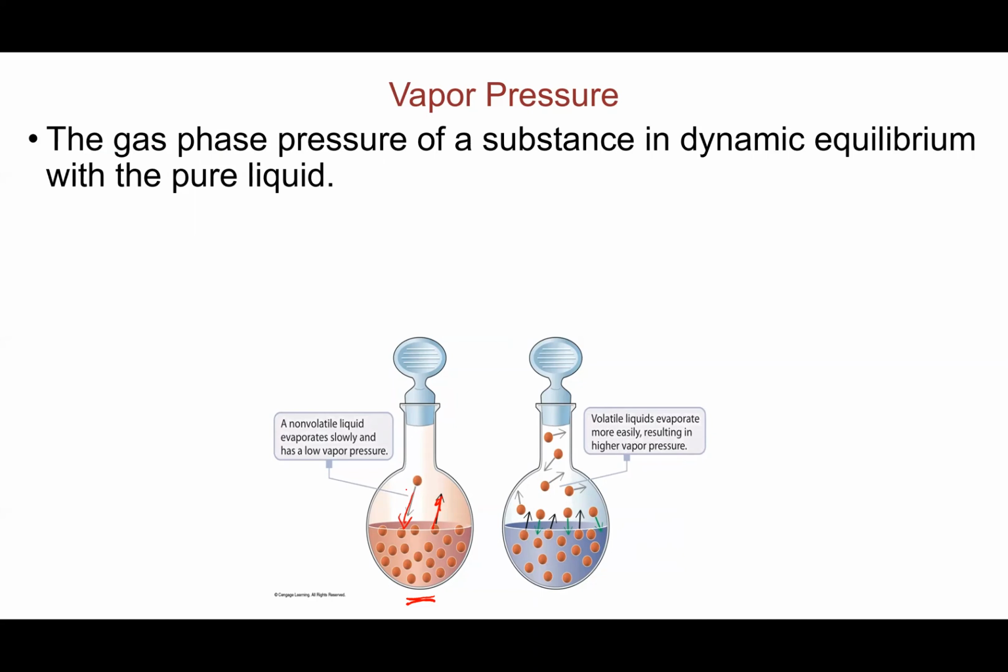And this process will continue till it reaches equilibrium, which means the number of molecules that escape the liquid phase to the gas phase will equal the number of molecules that escape the gas phase to the liquid phase. And the amount of gas molecules or vapor molecules will be constant. That amount of vapor molecules is called the vapor pressure of the substance. And you can imagine that this vapor pressure is going to depend on the strengths of intermolecular force that this